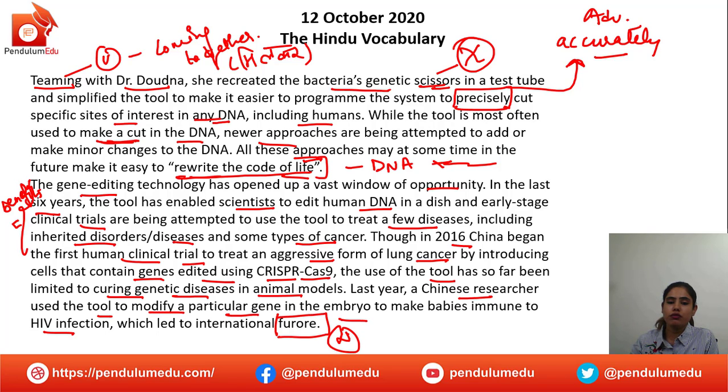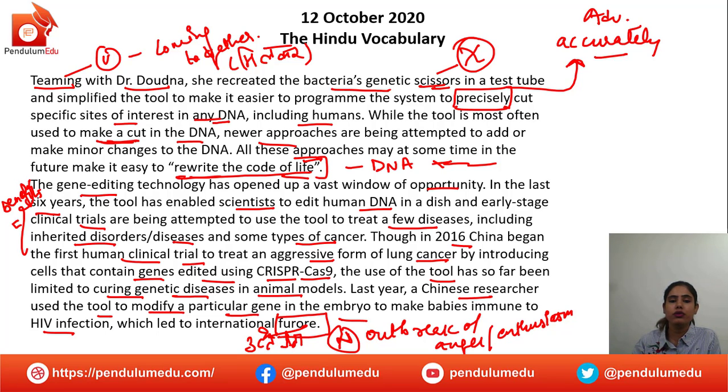Furore is a noun which means an outbreak of anger or enthusiasm. So it's a noun, ठीक है? So एक तरीके की इसको कहते हैं उत्तेजना, लोगों के अंदर उत्तेजना वो गुस्से से भी हो सकती है और वो खुशी से भी। तो यहाँ पर ऑब्वियसली खुशी से हुई होगी